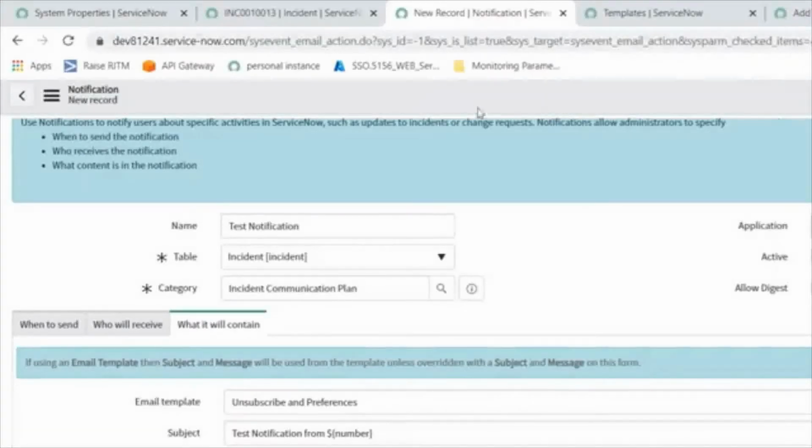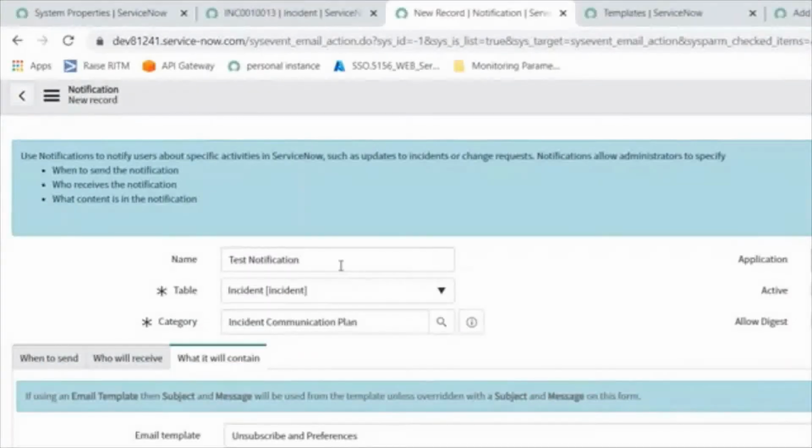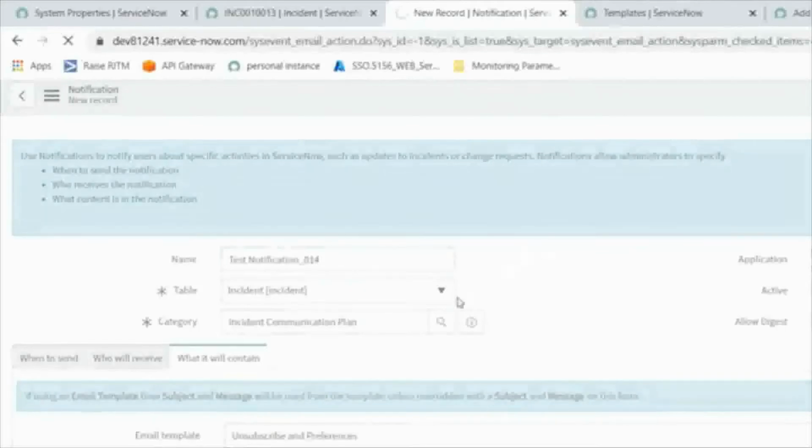Now let me try to submit this test notification. I will name it 014. Okay, submit it. Click on submit.